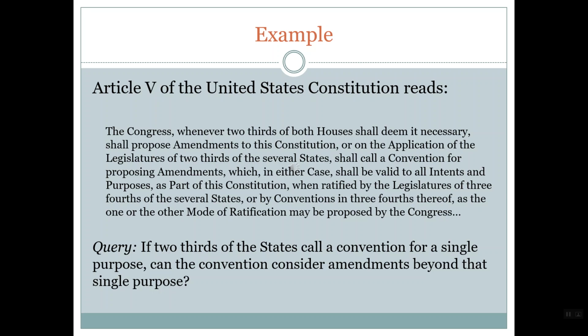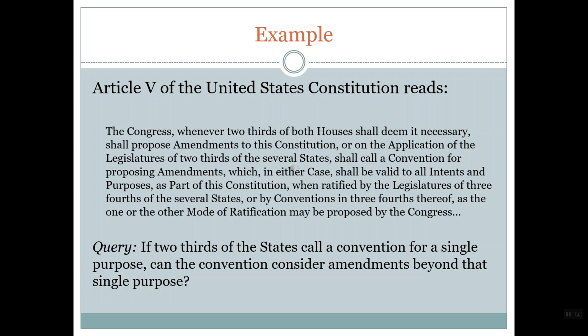So the legal issue presented is, if two-thirds of the states call for a convention for a single purpose,